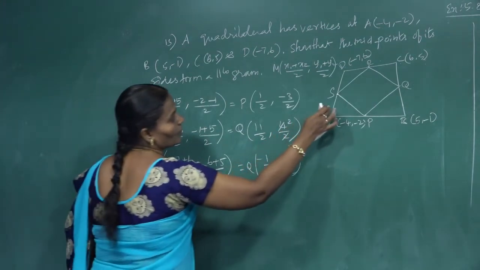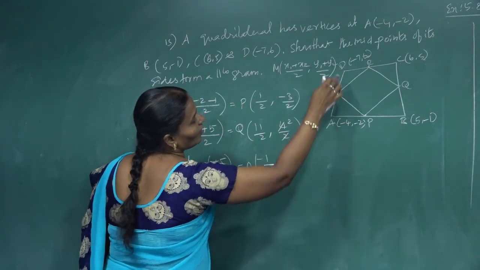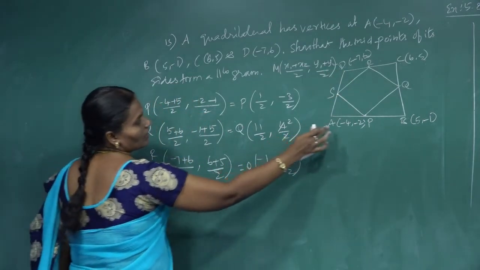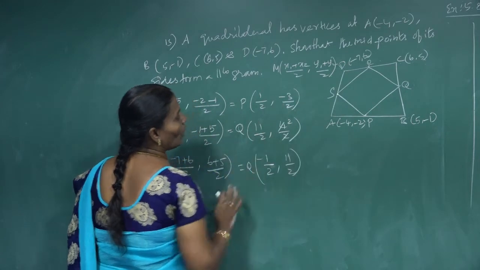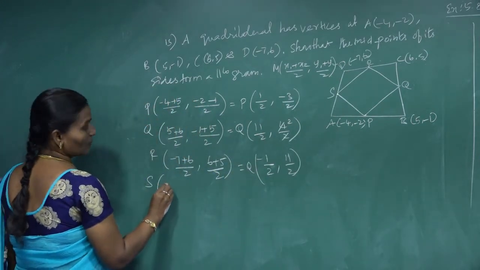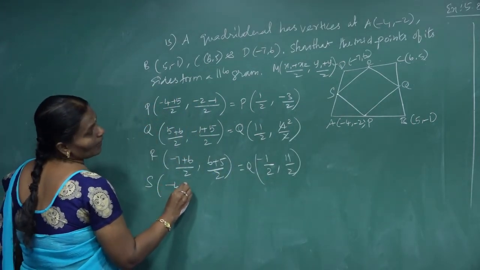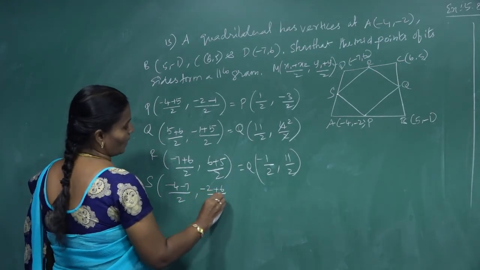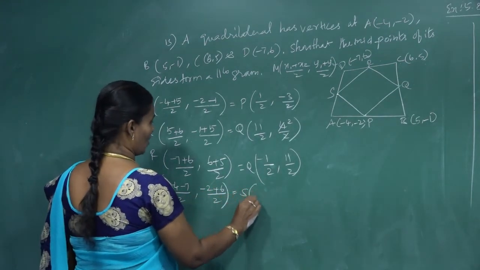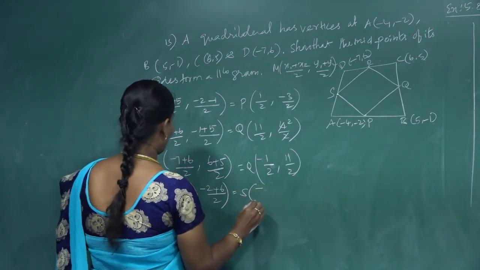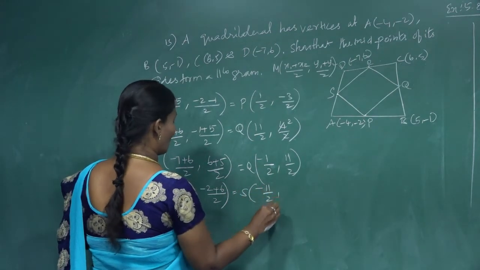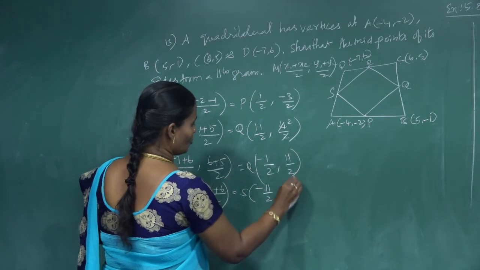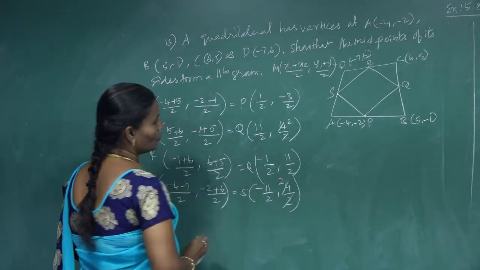S is the midpoint of AD. Okay. So what is x1? You consider x1, y1, and x2, y2. Okay. So -4, so (-7/2, (-2 + 6)/2). This is equal to S of (-11/2, 4/2). The 4 by 2 is 2. So these are the